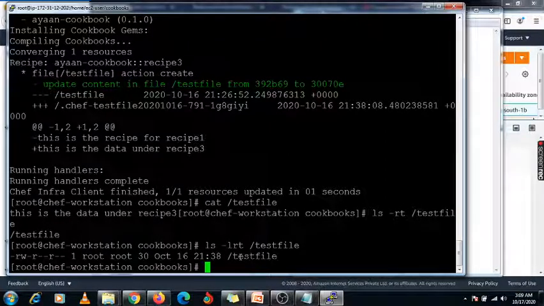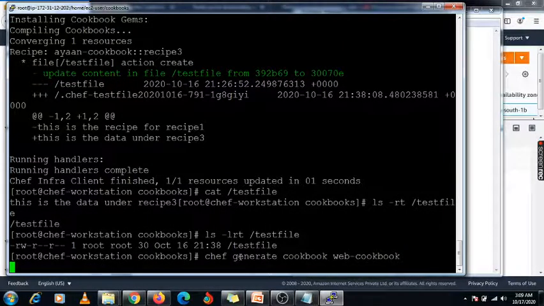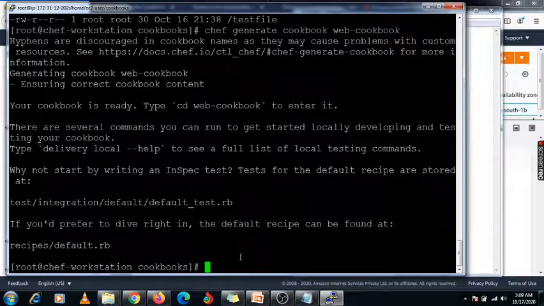I'm going to create another cookbook with the name, chef generate cookbook, giving the name web-cookbook. So this is my new cookbook. I am going to create it, and inside this cookbook we will create some recipes.